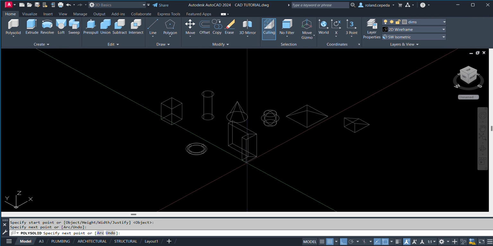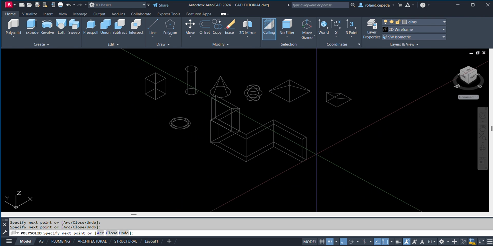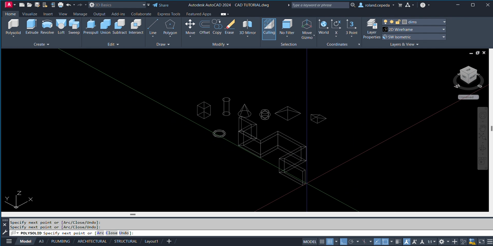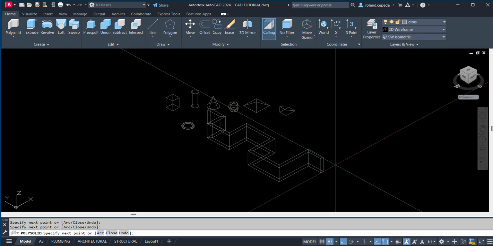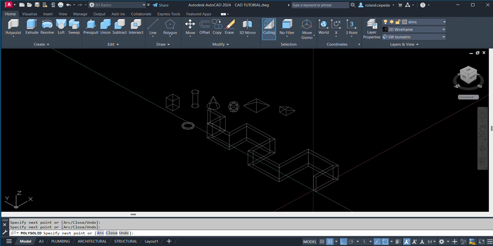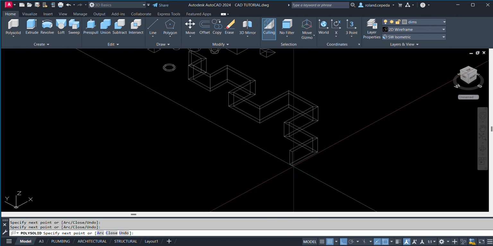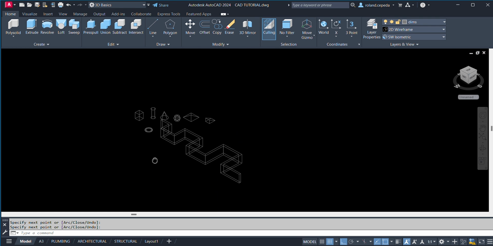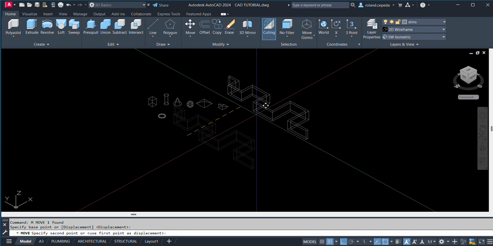You have now a polysolid, with 1 meter height and 200 mm width, which is justified through its center. So how are you going to end this one? Just hit enter. So you have there the polysolid.